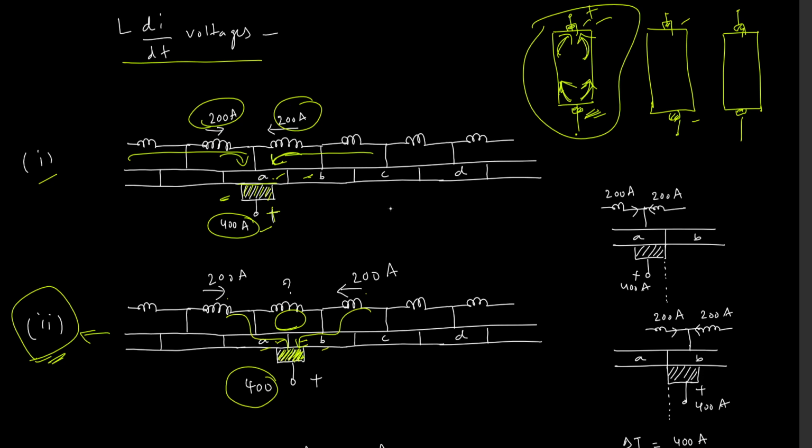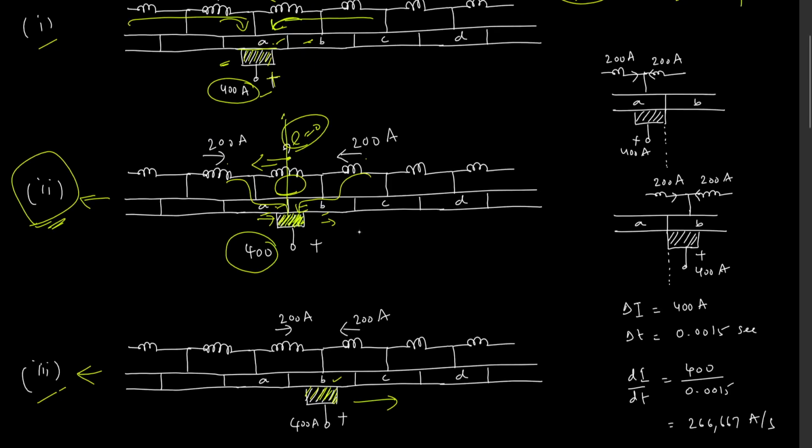Now ideally I assume that this is at the magnetic neutral axis and 0 EMF is induced in this coil and there is no circulating current, right? But what is happening as the brush is moving from A to AB and then to B? This current in the coil, earlier it was giving 200 amperes in this direction, and at the second instant this 200 amps is reduced to zero,